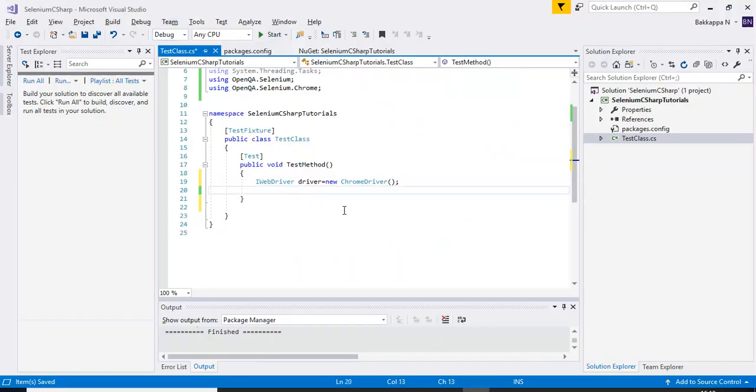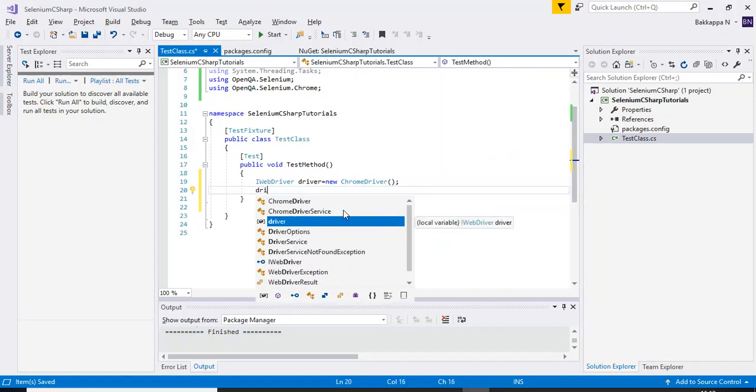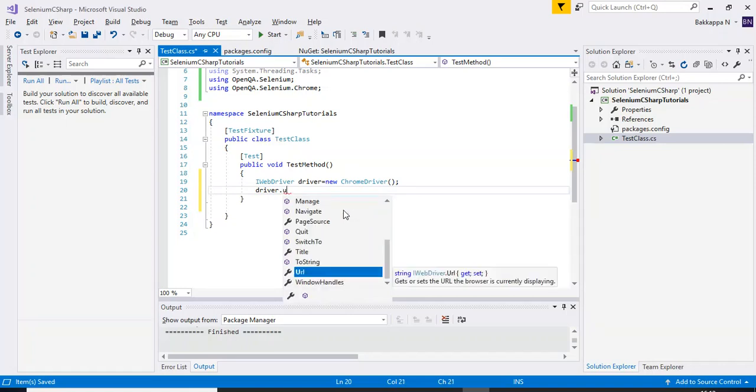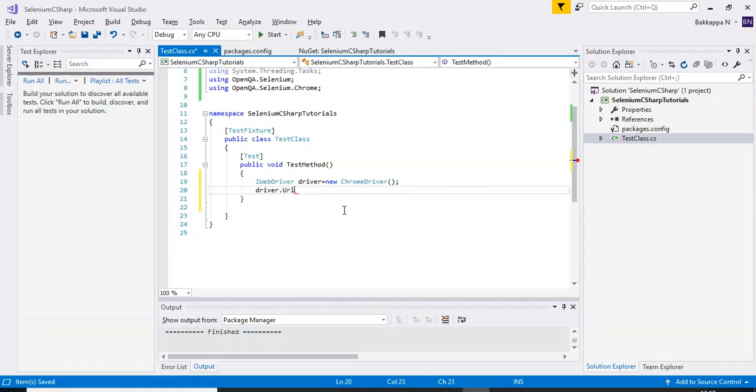I will use the driver object dot. I wanted to enter the URL, so I'll call one inbuilt method called URL, and I'll assign that URL to it. So that's all. This first line will launch the Chrome driver, and then it will enter this